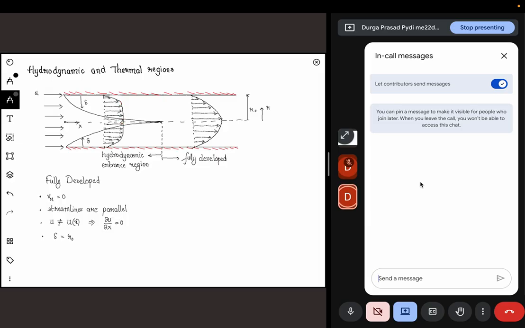But what happens is that the free stream velocity at this point, and let's say at this point, if you consider, the area has decreased from this point to this point, but the total volume flow rate has to be constant. Whichever is coming should be going in. So the velocity here will be higher than the velocity here, which means the fluid will accelerate inside this region. This region is called the core region,